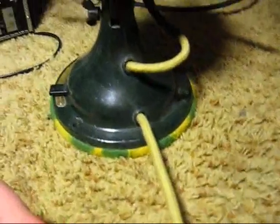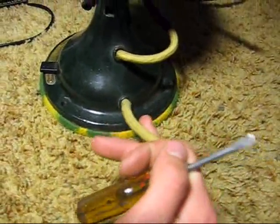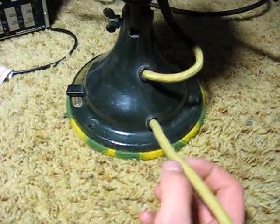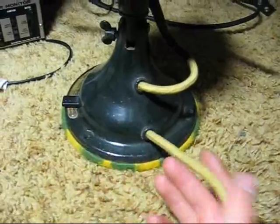I replaced the cord and the head wire, as you can see, with new old stock, almost identical to the original. Instead of being a 2-wire, this is a 3-wire, has a ground in there. I just left the ground disconnected because it has a period plug on it. Now,